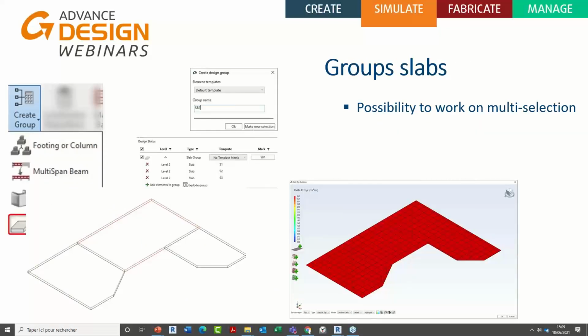We also now are able to group slabs. So it's possible now to select multiple individual slabs in Revit thanks to our Power Pack. Group them a little bit like multi-span beam notion or groups of wall concept we implement in Revit, and our slab module will take in account those whole single slabs as a global individual one.